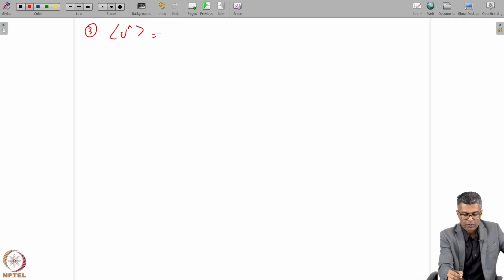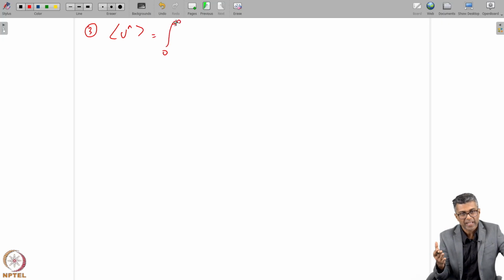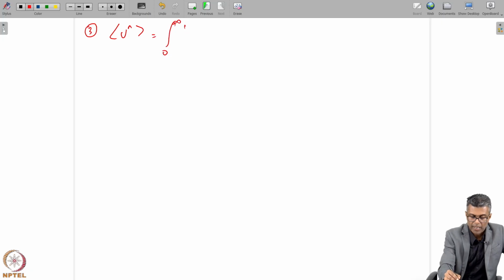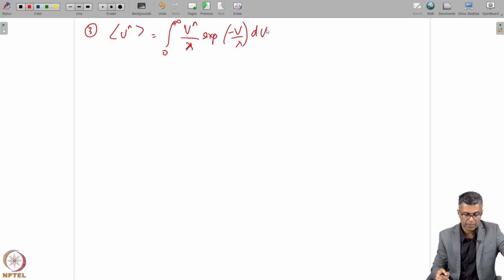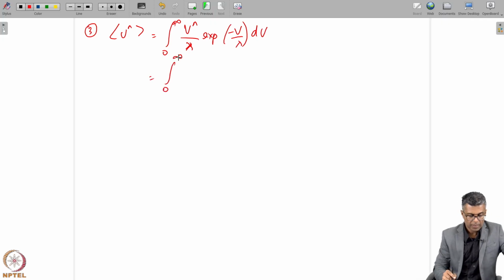So let's first find out what it would be. It would be 0 to infinity, because the function only exists from 0 to infinity. You would get v to the n over lambda. The 1 over lambda comes because it is there in the exponential distribution, and then you have exponential of minus v over lambda dv. Now if you integrate by parts, you will get the first times the integral of the second,